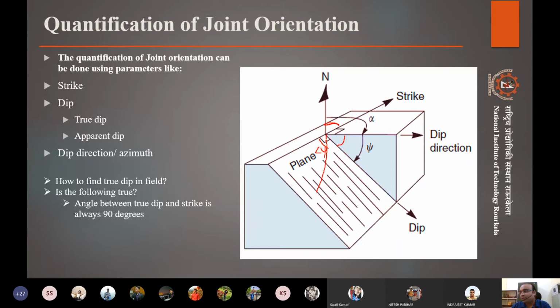It also happens in the field, because the cross section of the plane that we see might not be in the direction of the true dip. It might be in the direction of the apparent dip, and we have to make sure that what we are recording is not the apparent dip, but the true dip. So sometimes these kinds of measures are taken. Sometimes even the practical measure of flowing water is used, to see where the water is going, and that also helps.